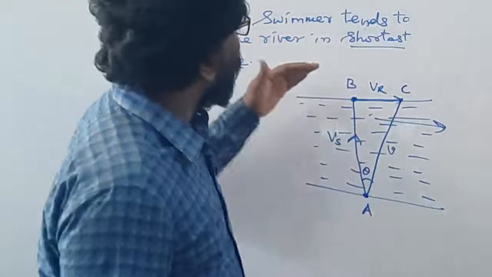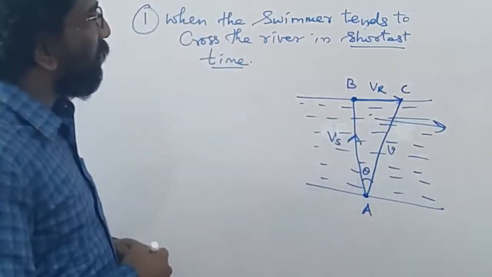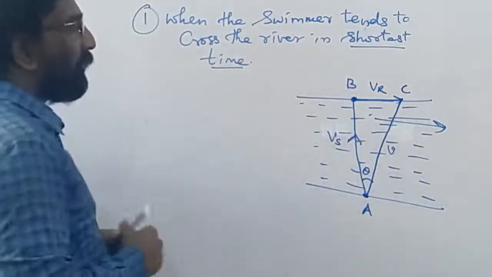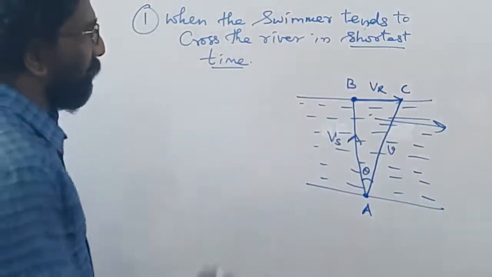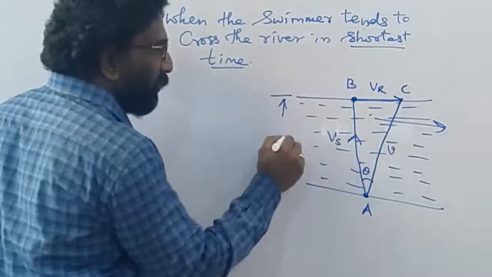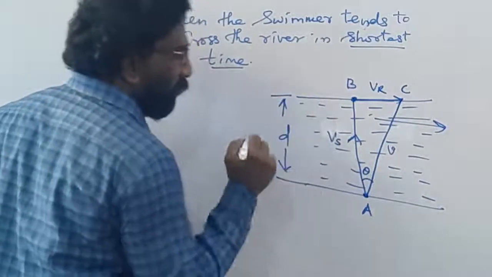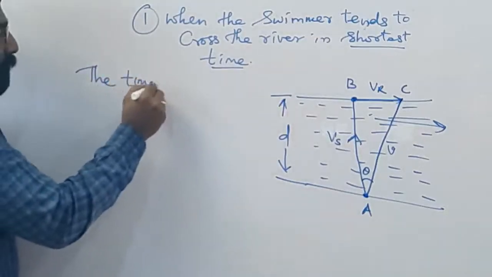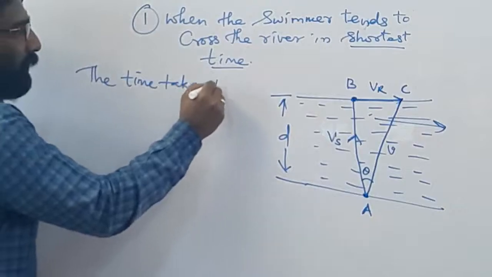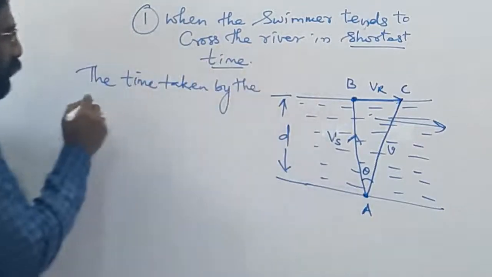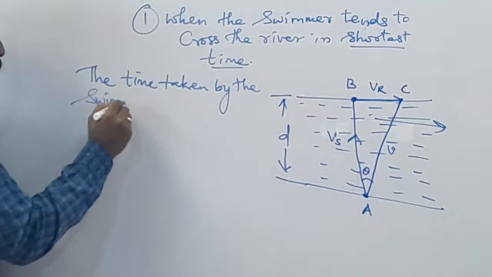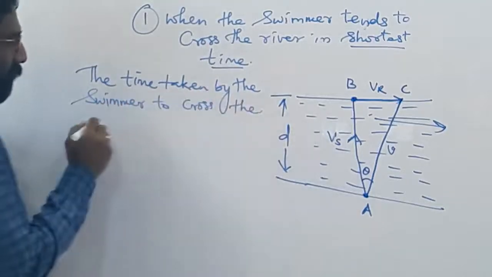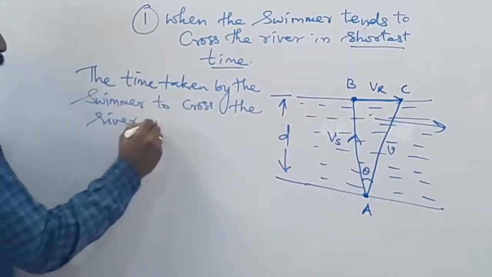Okay, see now. We are supposed to calculate the particular person swimming this particular river from one bank to another bank in the shortest time. So now let us try to calculate the shortest time. Let the width of this river be equal to d. If the width of the river is equal to d, then the time taken by the swimmer to cross the river is given by,